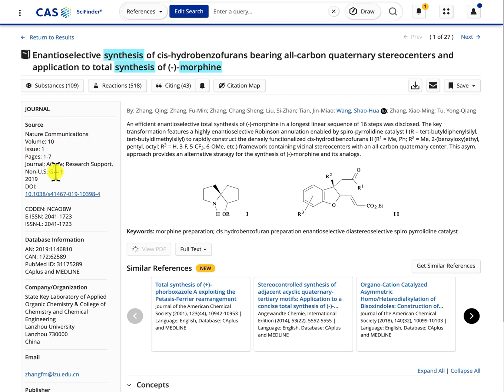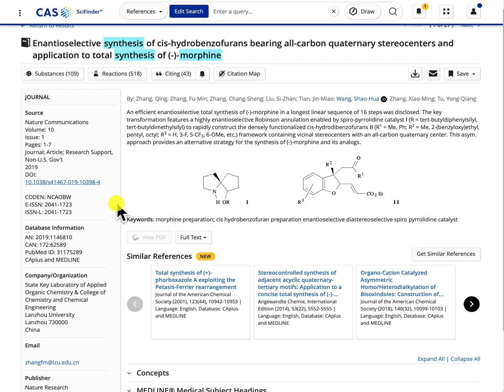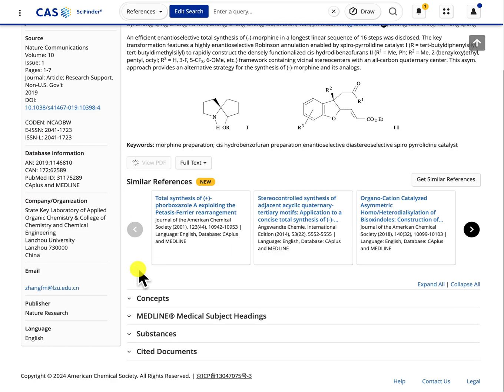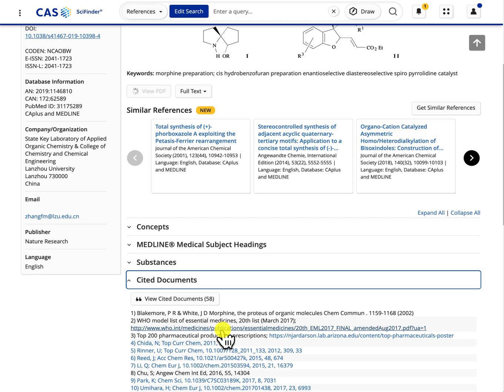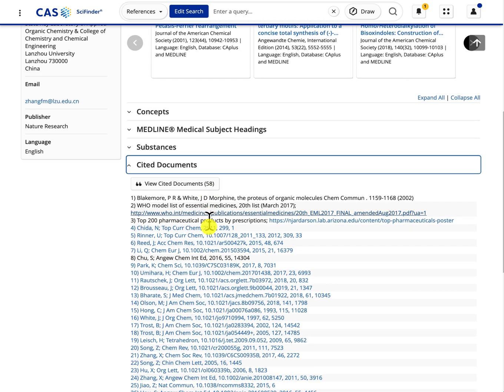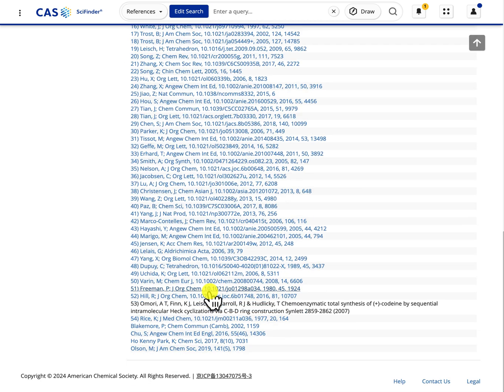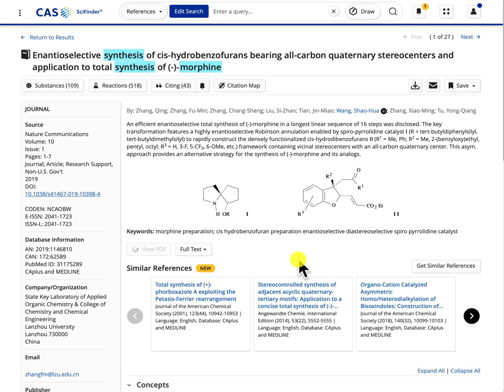about the source, the name of the journal, volume, issue, page number, as well as the publication year and the DOI number. If I scroll down a bit, you have more information about the concepts, the database where this information was found, substances. If I click on the downward arrow for cited documents, you get access to all the documents that are citing this specific document. Okay, so if I go back,